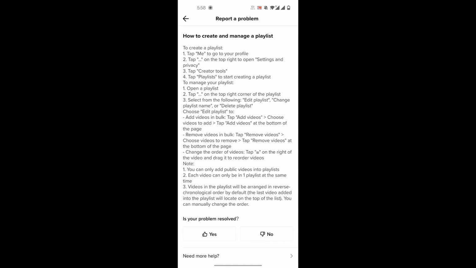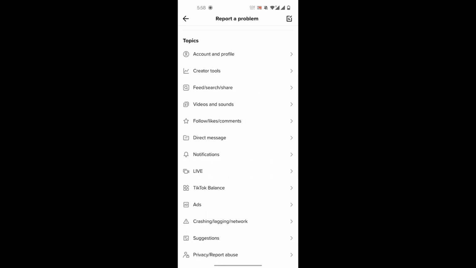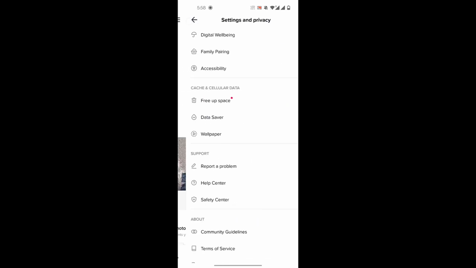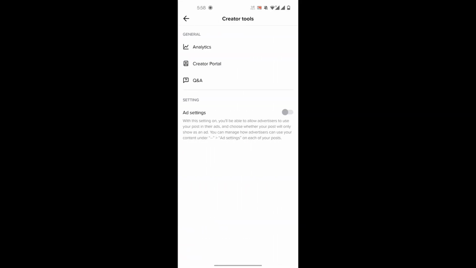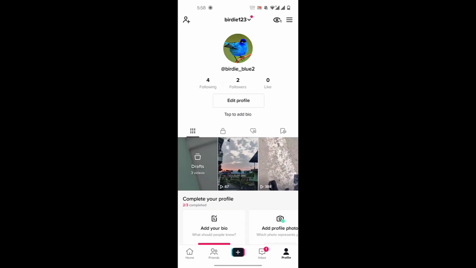But if you do not have this option just yet, not everybody has this feature of creating a playlist, but if you do, this is how you will do it. You'll click on the triple horizontal bars there, click on the creator tools option, and here you have an option of creating a playlist. You'll name the playlist and choose the videos from your feed to add to that playlist, and the playlist will